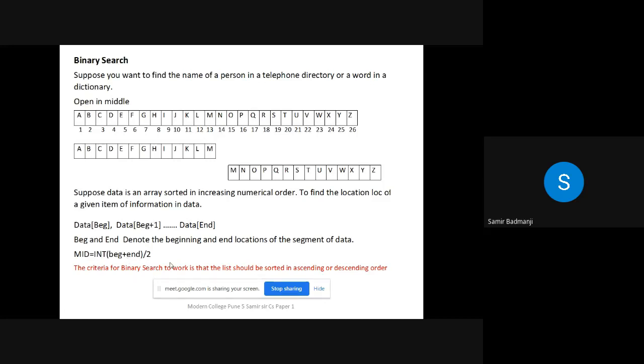Suppose the number after dividing comes to 22.6, the answer in mid will be 22. Even if it is greater than 0.5, it should not be taken to the next number. So the decimal point is ignored by using the int data type. That is why I have written int over here.